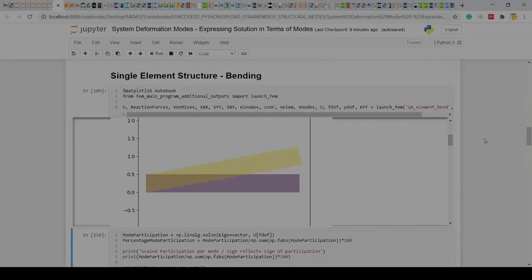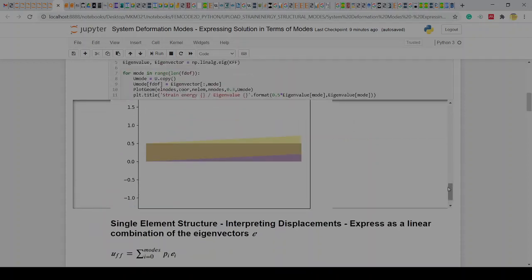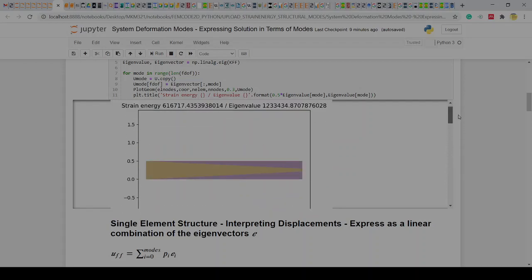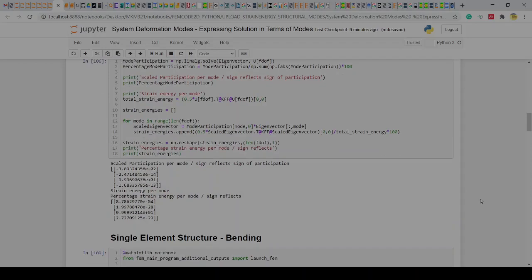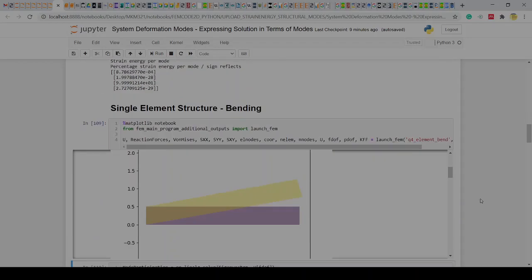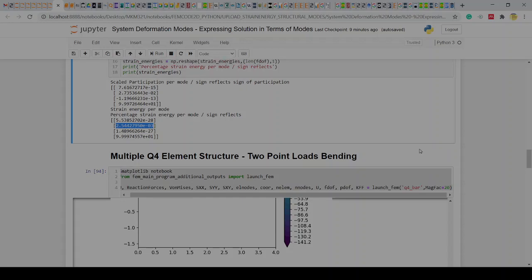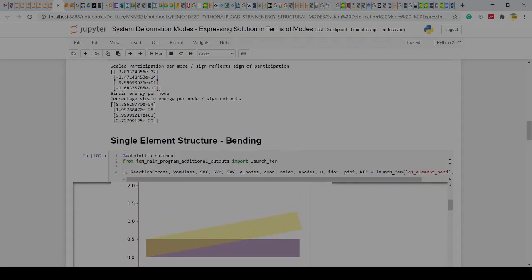Okay, but what we have the advantage of is, you can imagine how this was a much more complex kind of response. We would have a much better idea of these more simplified deformation modes, how much of what is present and active in that response. Okay, so now we can go to multiple elements. All of this was just to do single element stuff, just to show you more or less how the deformation modes can be expressed, and we